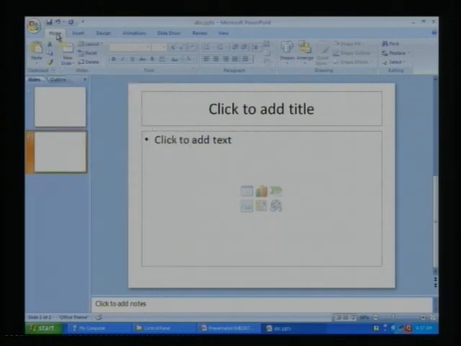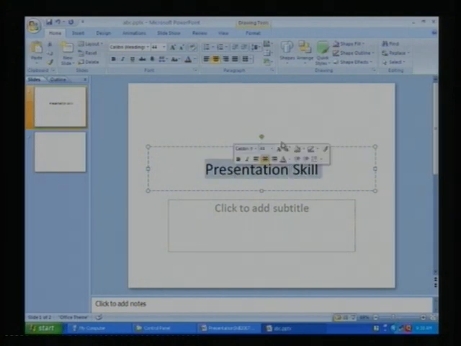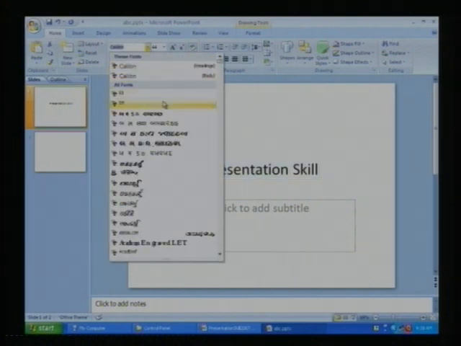After that, assume that we have the presentation skills. Which kind of fonts do we suggest for a presentation? Basically Helvetica, then Impact.